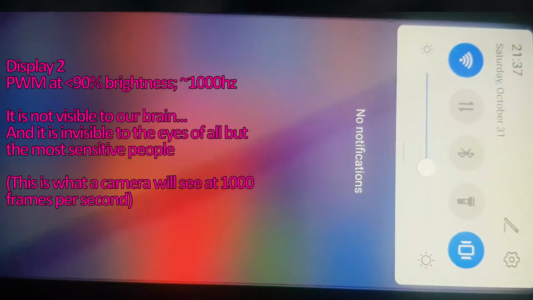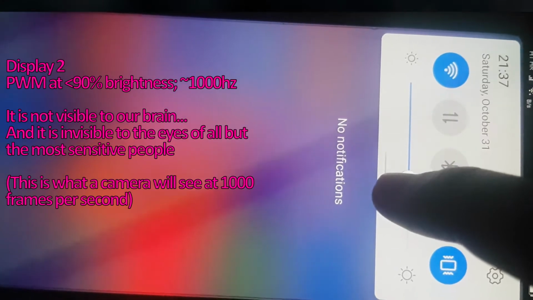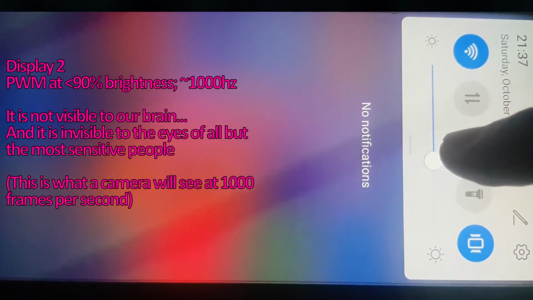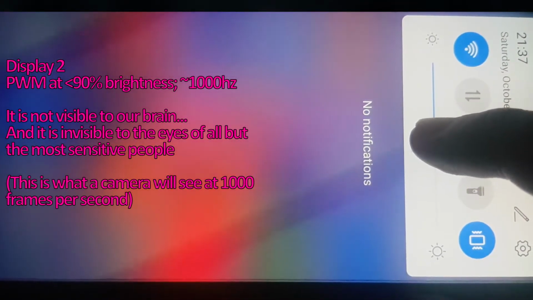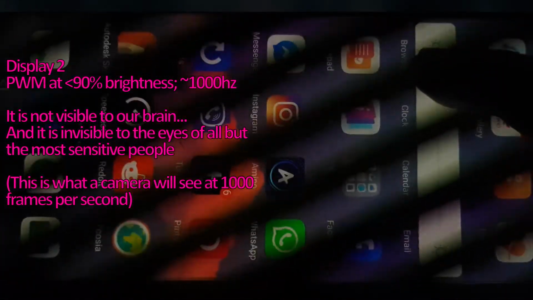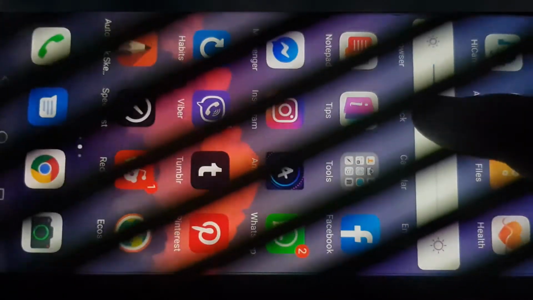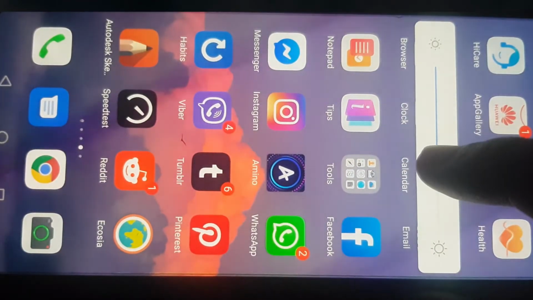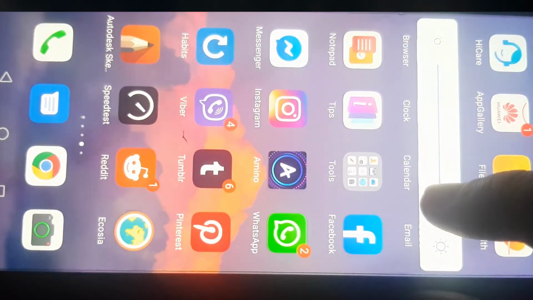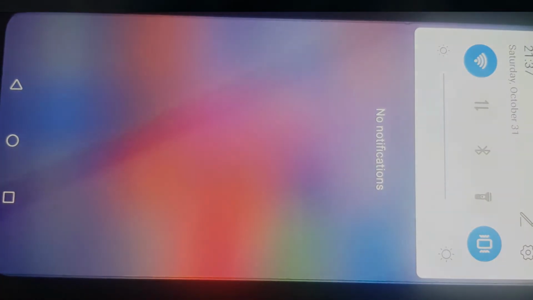Here we have display number 2. At maximum brightness, of course, there is no PWM, because there are no off cycles. Lowering the brightness below a certain threshold reveals PWM of over a few thousand Hz. This, for the average user, will not cause any problems, as what the eye can see is estimated to about 1000 different frames per second, not to be confused with what our brain will actually produce. Due to the relatively high frequency, most people will not have any issues with such displays. Some people, however, will still be sensitive even to this frequency, so they should take care.